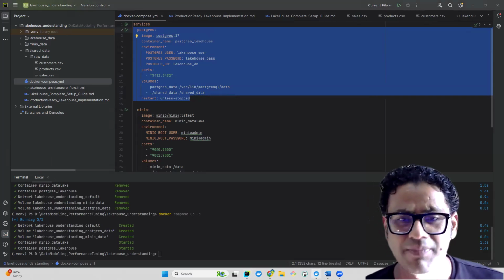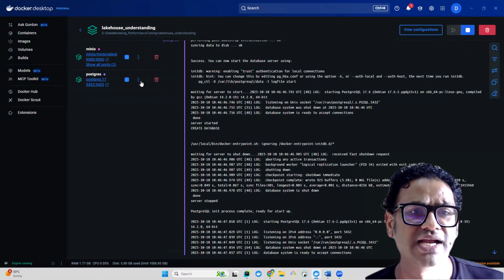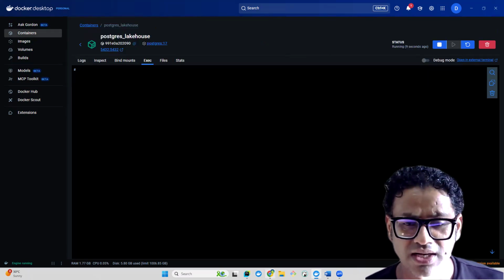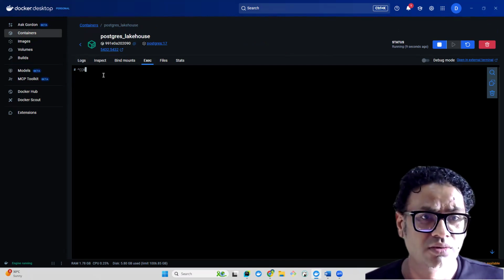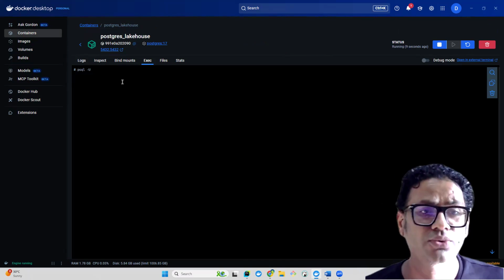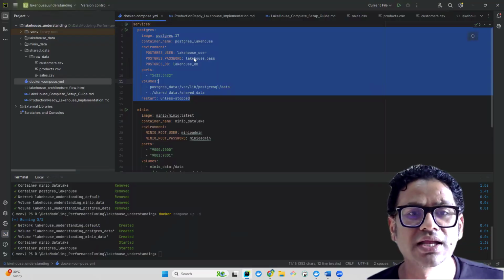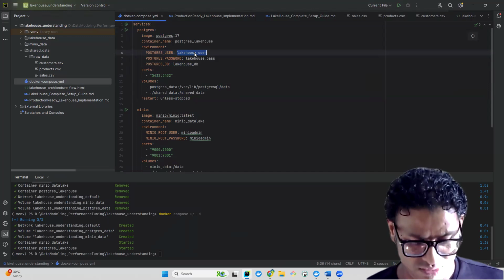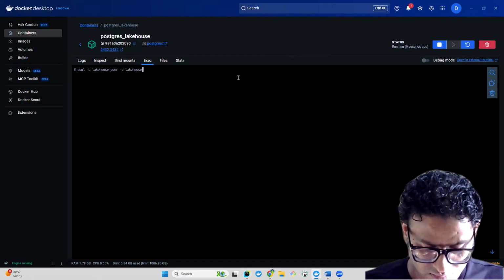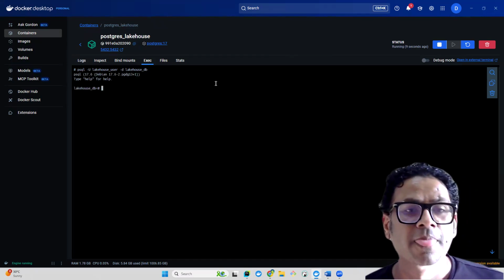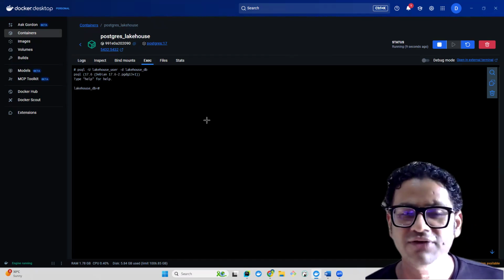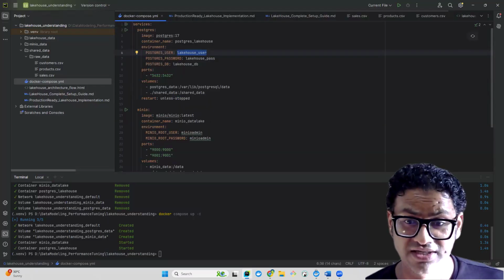Once we have this up and running, you can quickly get inside PostgreSQL. Okay, so we are here. Let's quickly open psql, and we can quickly get the name, lakehouse user, and then we have the host db. Then we are here. The next thing we have to do is, since we have all those shared files mounted, which are available in the container itself,